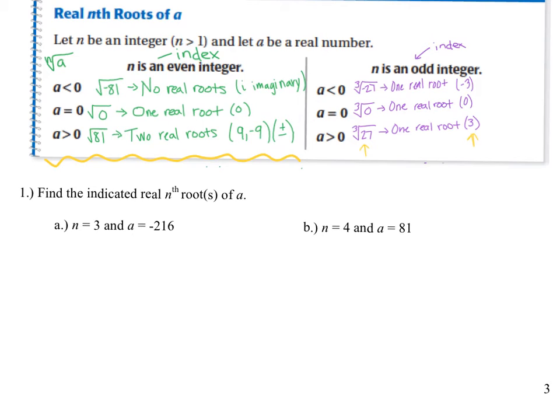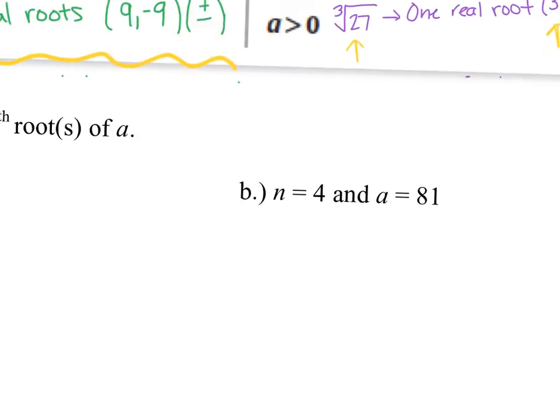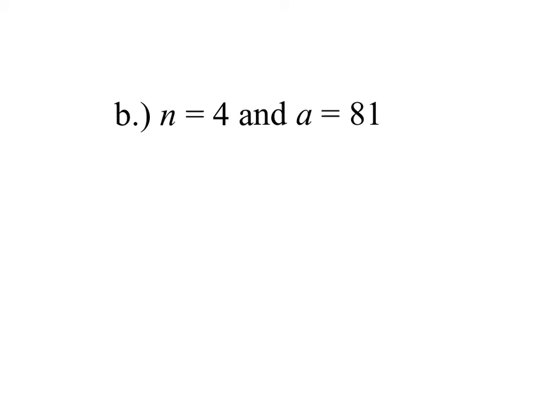Now, if we're looking at our examples, it says find the indicated real nth roots of a. So it wants you to identify what is a, what is n, set up an expression, and then evaluate for it. So let's look at letter B. So again, a is under your radical, and n is your index. So we have the 4th root